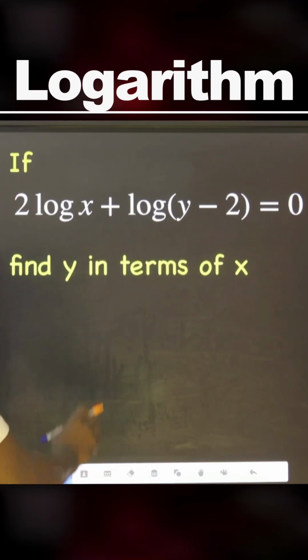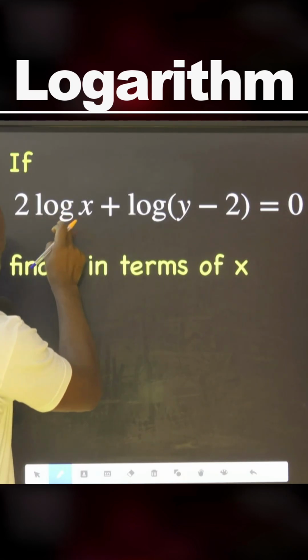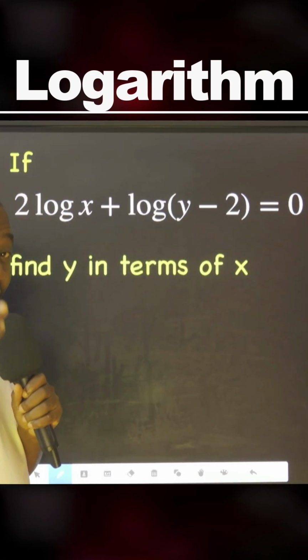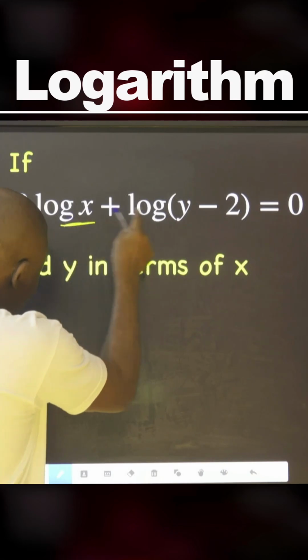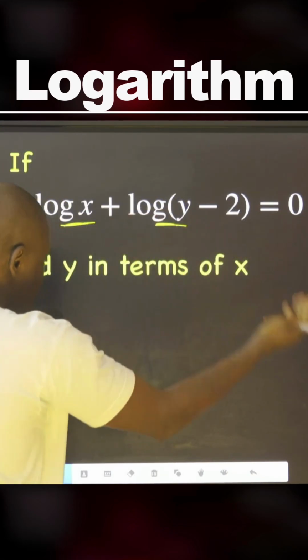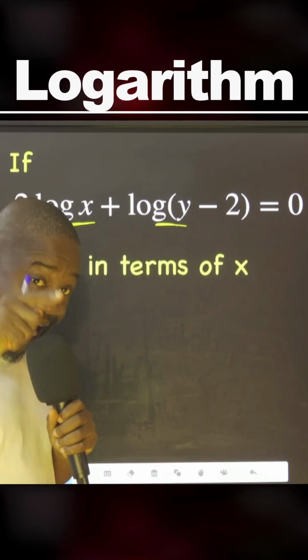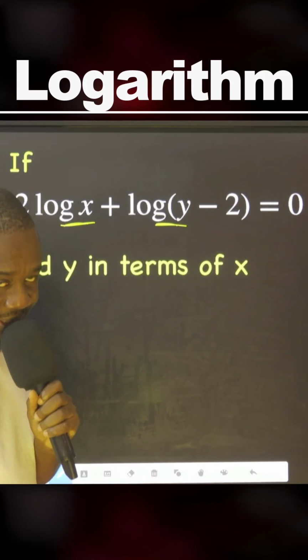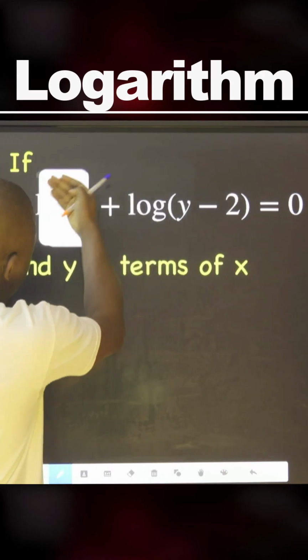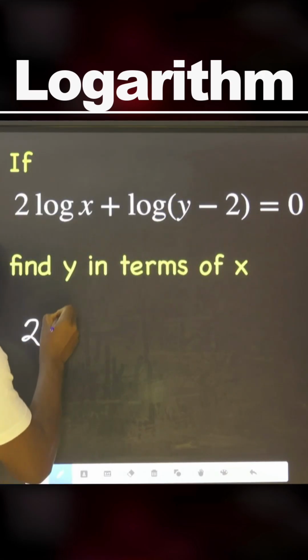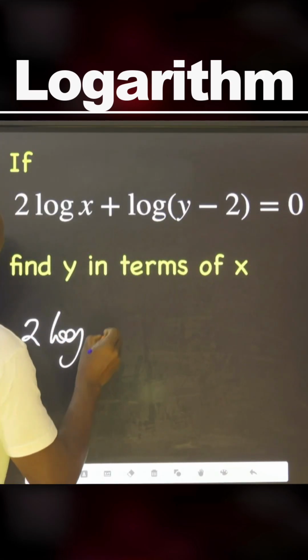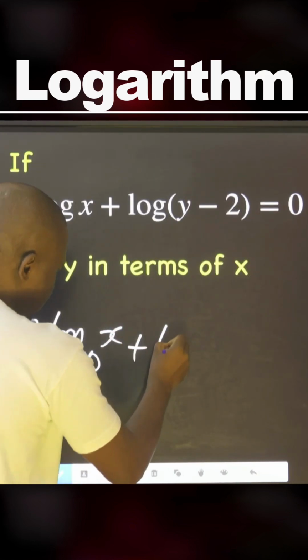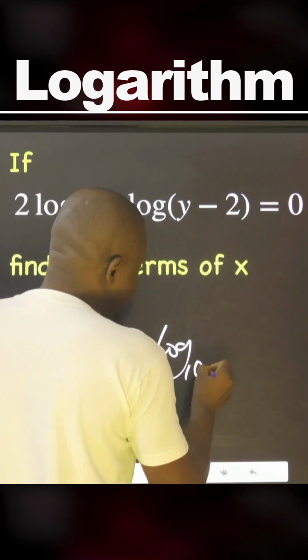To do this, first of all, what is the base like? I told us, if you look at something like this, there's no number. It means 10 is there behind the scene. We call it common logarithm. So therefore, I can boldly say now, if you want, if you don't want, you can still leave it without writing the 10